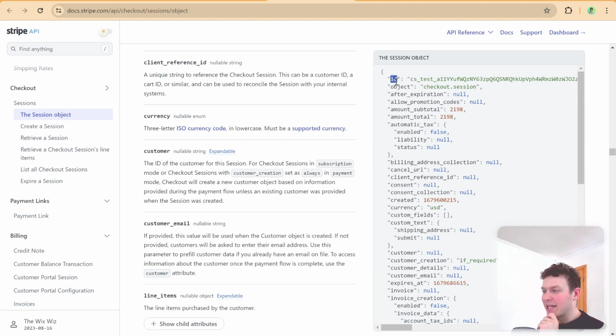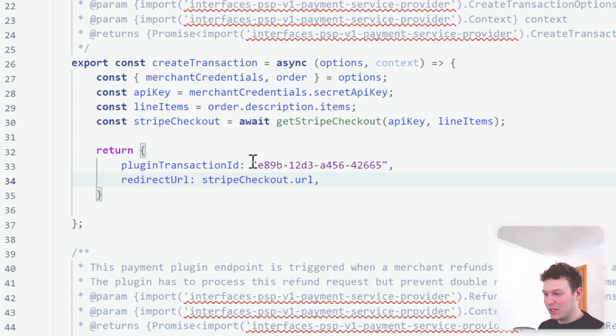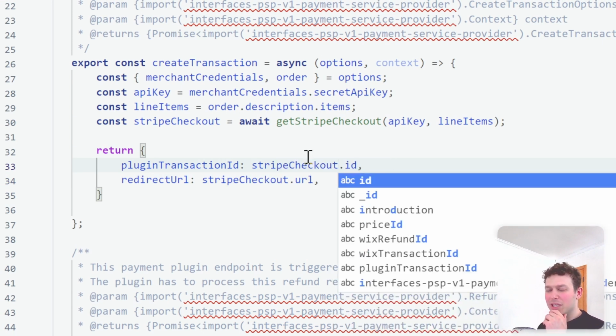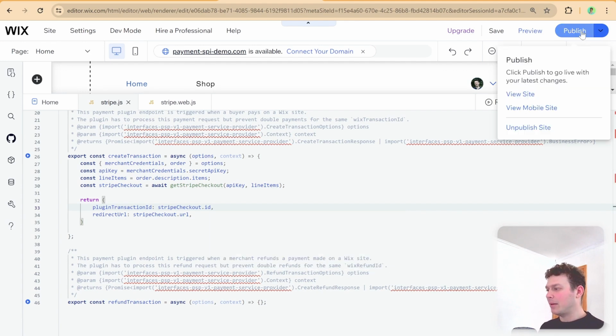Okay, so it's just ID. So let's go ahead and do that. It's going to be over here, and it's going to be stripeCheckout.id. I'm not even sure what we need that for in the future, but we'll figure that out. We'll cross that bridge when we get to it. So that's set up like that. Now we are ready to do what I was going to do before, which is to publish the site,